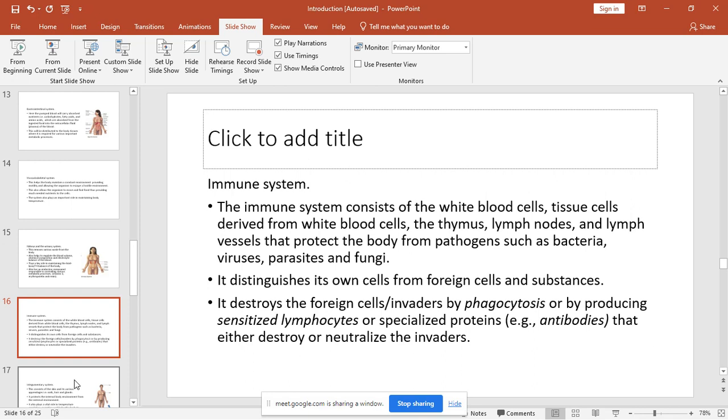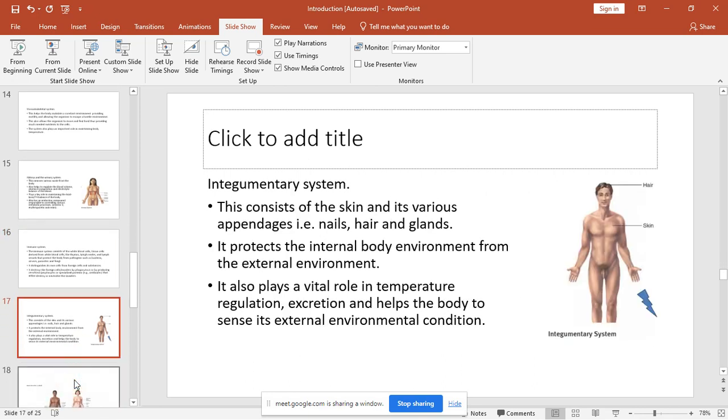This system is able to distinguish what is friendly and what is foreign. So it's able to tell that, oh, this kind of combination of proteins does not belong to this body, and therefore it will attack it, and by so doing helps us get rid of pathogens that may disrupt the normal functioning of our body, and helps us keep a constant environment, which is what we are saying is homeostasis. Ladies and gentlemen, we can also talk about the integumentary system, which basically consists